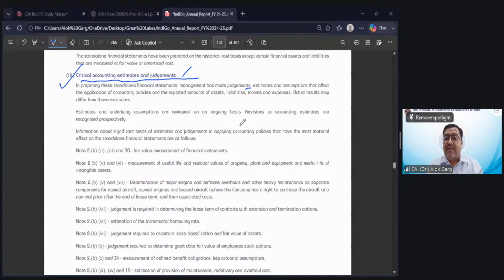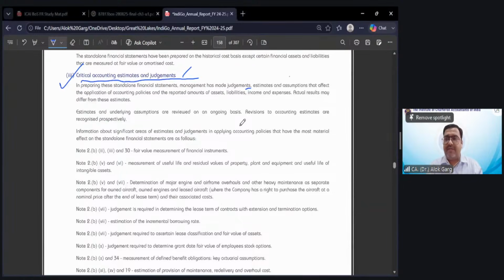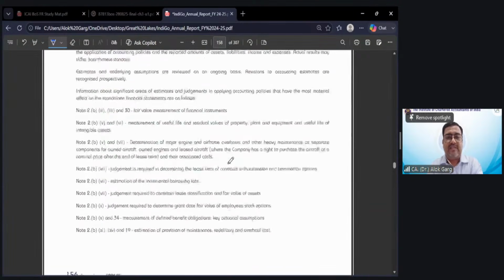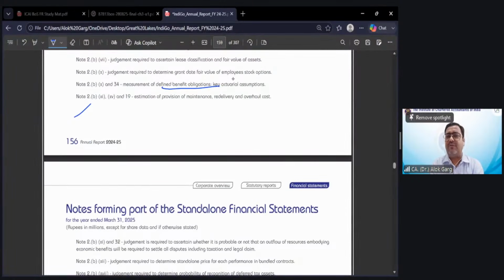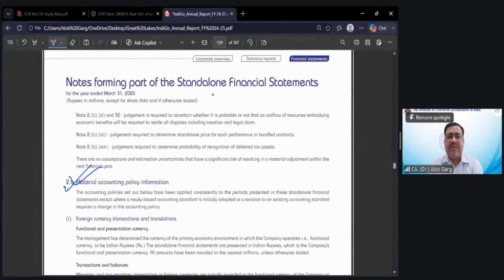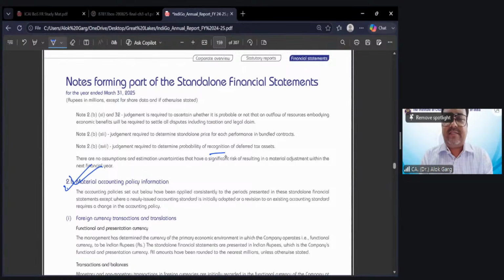So friends, if you are giving a PPE accounting policy, very good. But you are also required to disclose the critical management judgments and estimates. You can see this company has given a lot of judgments and estimates: fair value measurement of financial instruments, measurement of useful life of fixed assets, provision for gratuity with key actuarial assumptions, judgment required for provisions, contingent liability, deferred tax asset. For so many items, they are applying judgment and estimate. To cut a long story short, companies are required to disclose critical management judgments and estimates also.